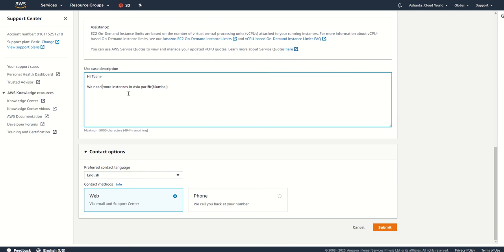We need an additional 30 more instances in the Asia Pacific Mumbai region to support our client or business continuity.